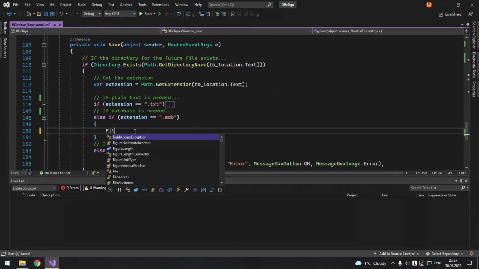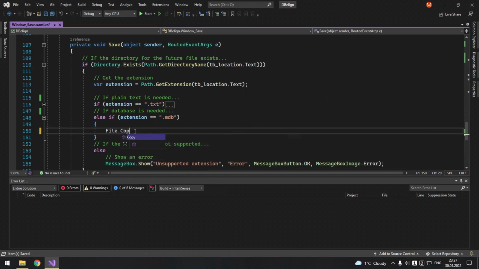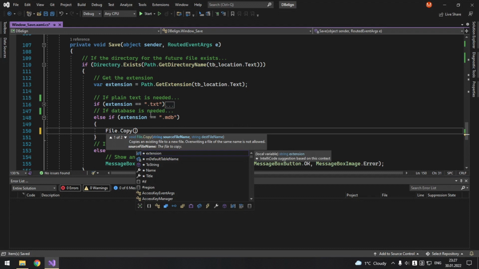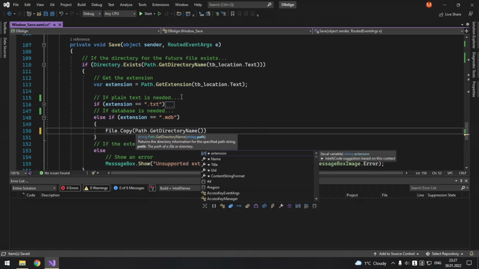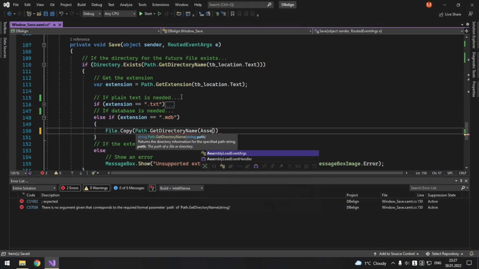So we need to first copy the file, so File.Copy, and it will be in the directory, so Path.GetDirectoryName, and we need to get the directory of where the assembly is.